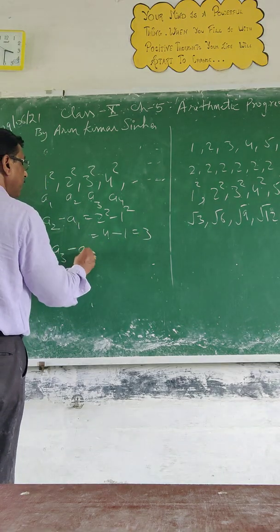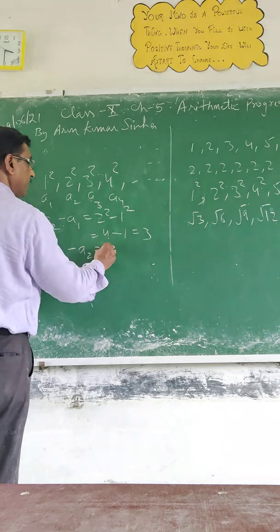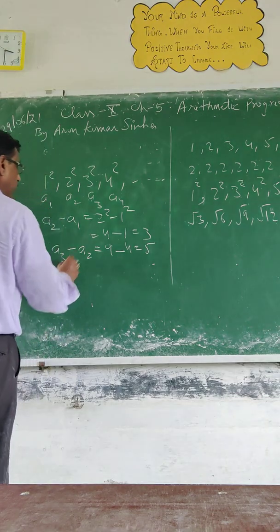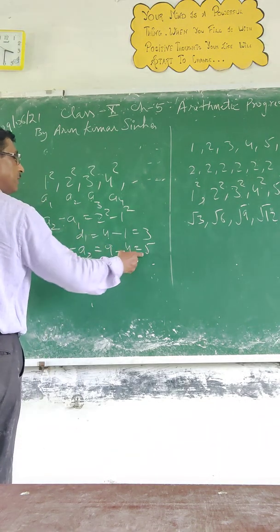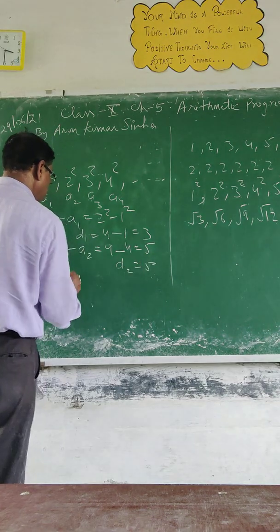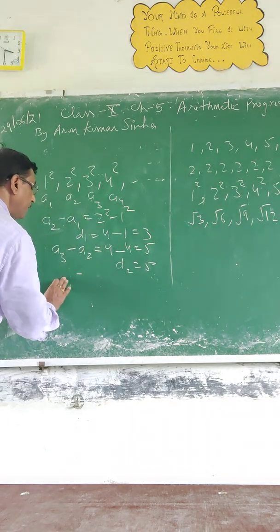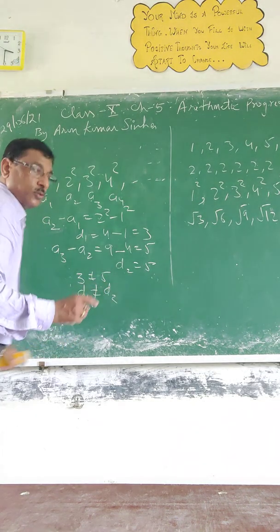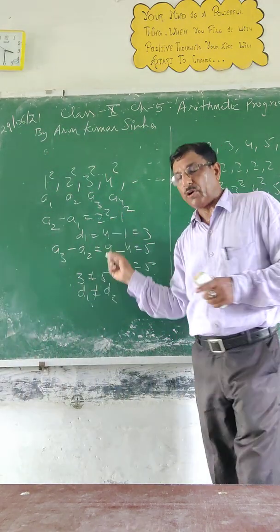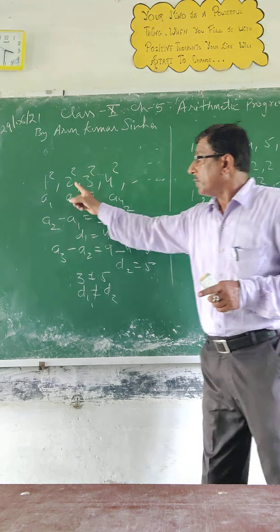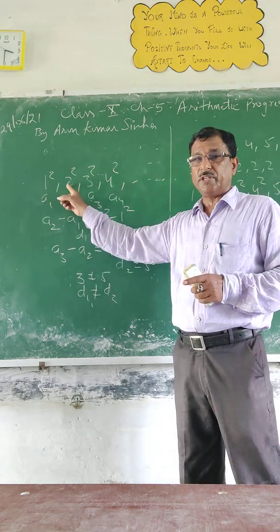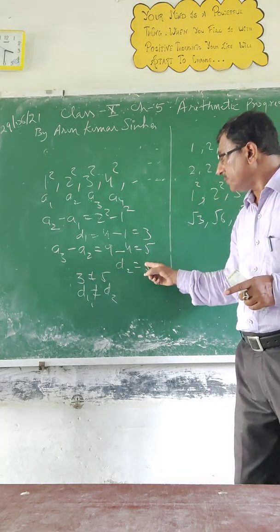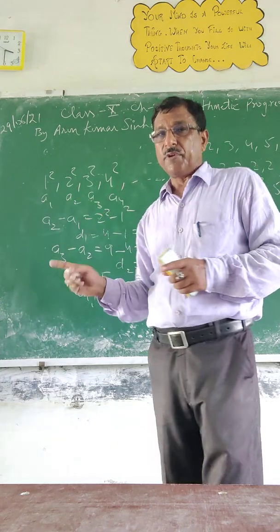Now you can see A3 minus A2. See the third term, 3 square, that is 9. A2 is 2 square, that is 4. That you get 5. So this difference is D1 and this difference you consider as D2. D1 is 3, which is not equal to 5, that is D1 is not equal to D2. So the constant term is not added in this case. The difference between these two and the difference between these two are not the same. The constant term is not added every time, so it does not form an AP.